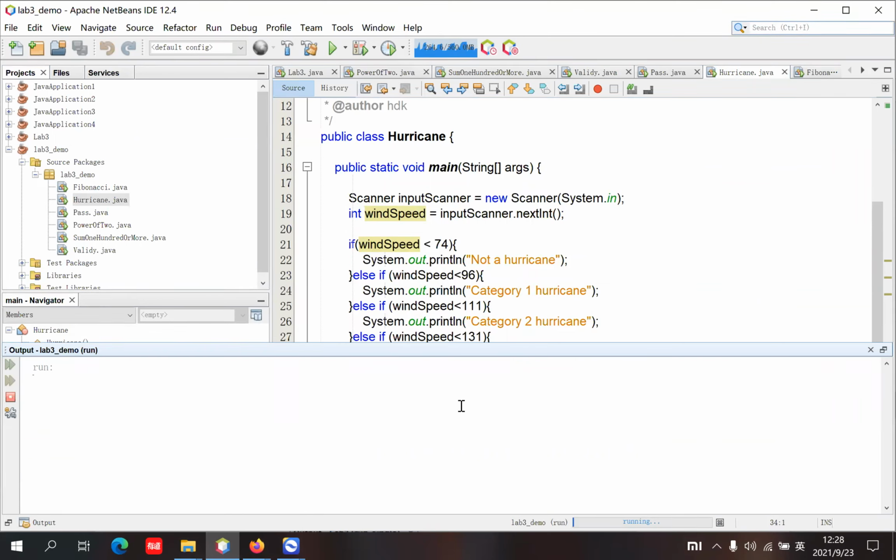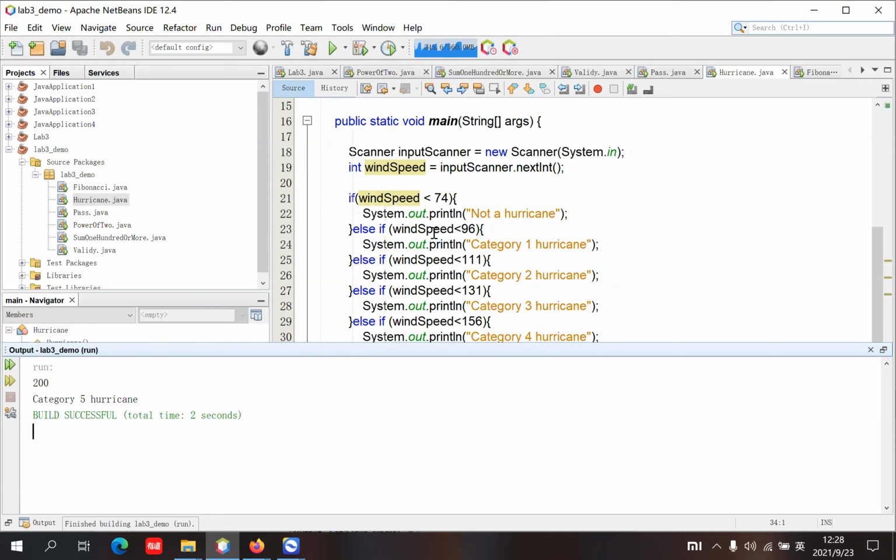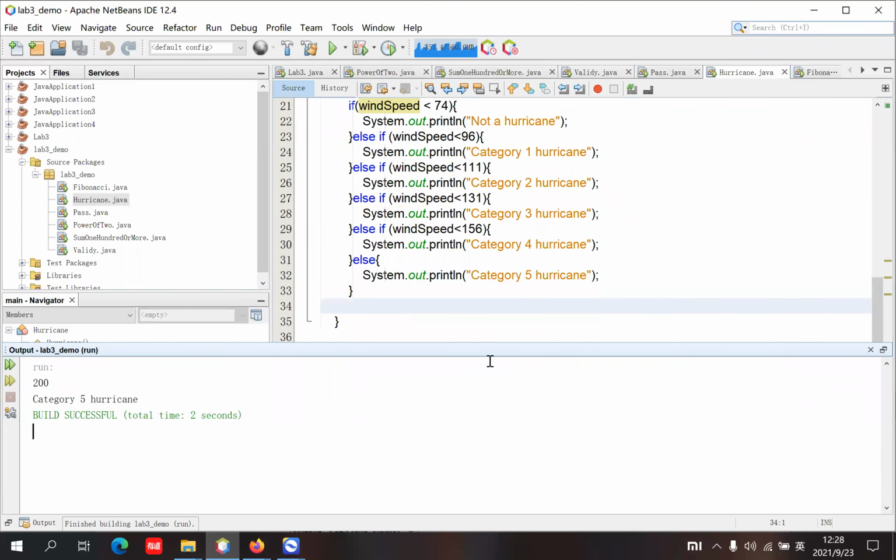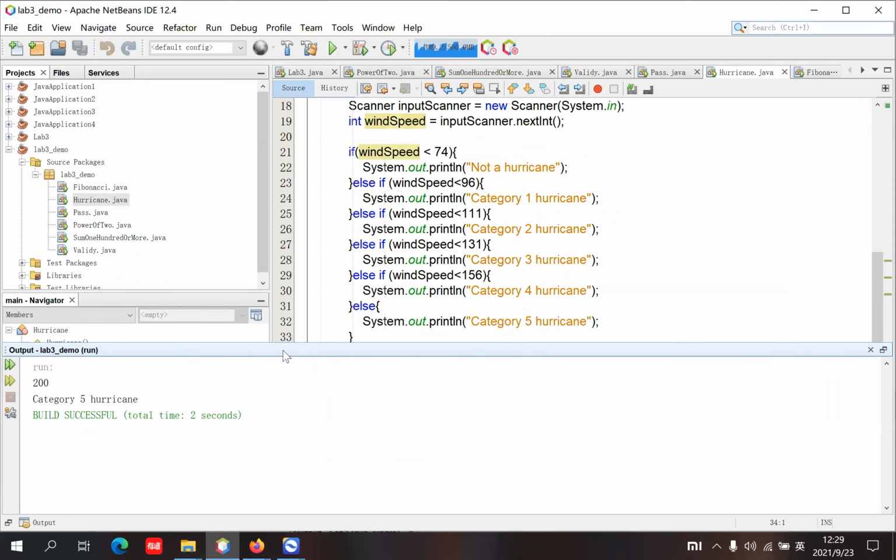If I input 73, no, right? And if I input 200, created 5, right? So this is the 3.1 exercise answer. And one tip you should focus on, although the number, the input number, if I input